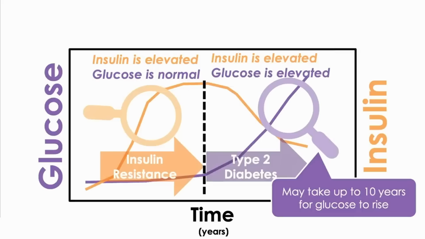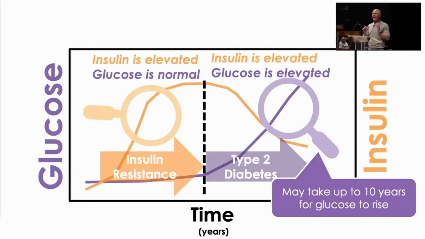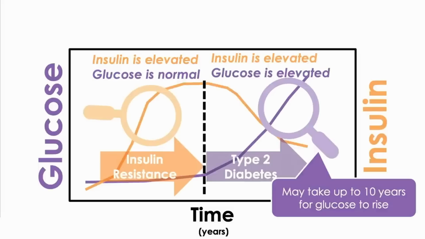So here's glucose staying normal for years. Here's the insulin going up and up and up and up and up. Just as I'm showing you here as you go from left to right. We have to shift from the glucose-centric paradigm to an insulin-centric paradigm if we hope to really identify the problem. Because again, it can take decades before the blood glucose levels ever start to change after the insulin.